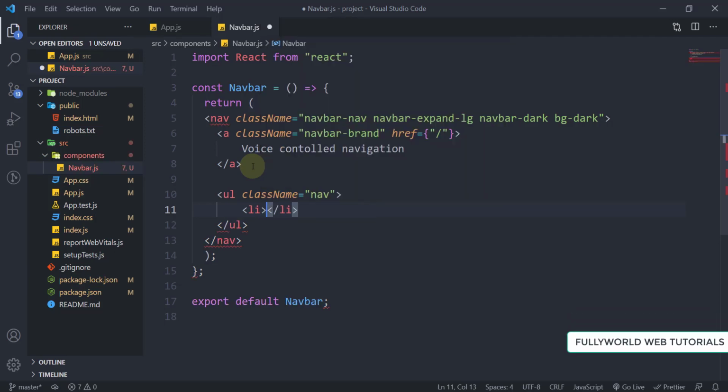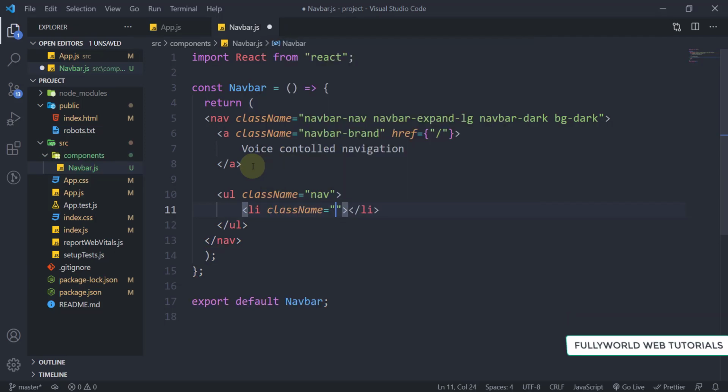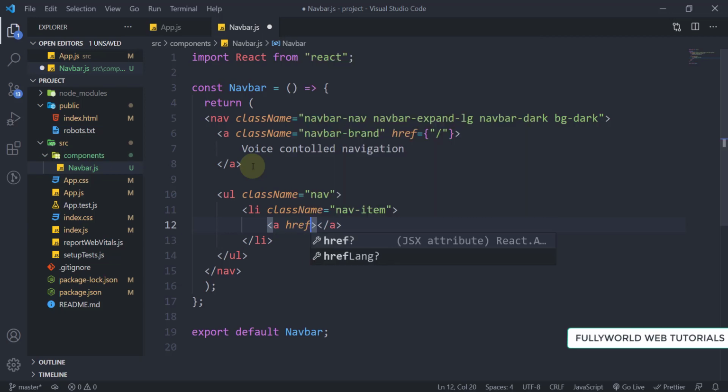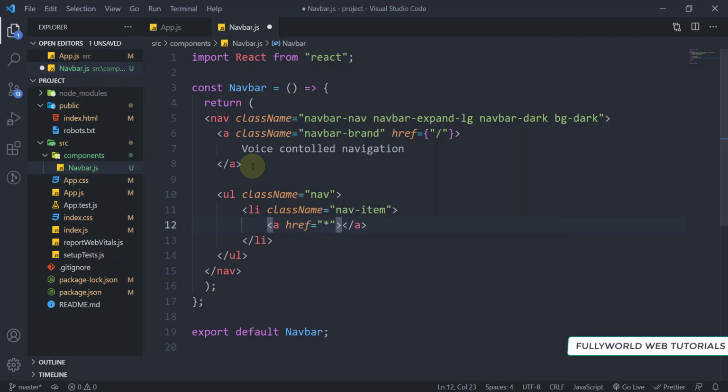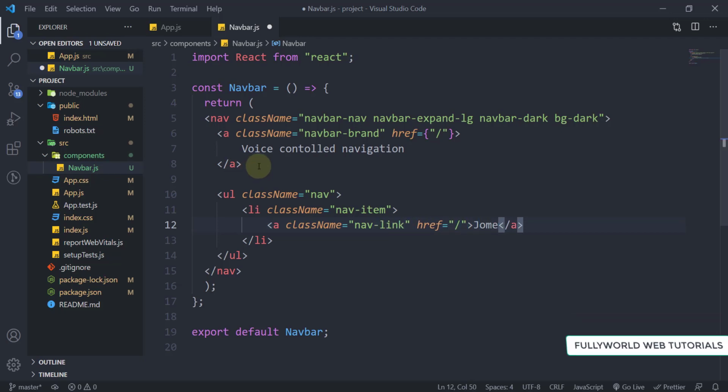Here we are going to write li, and its class name will be nav item, and then we are going to have an anchor tag, and its href will be slash here because this will be our home here, and its class name will be nav link, and here I'm going to write home here.